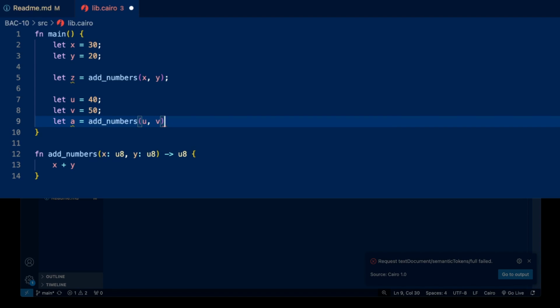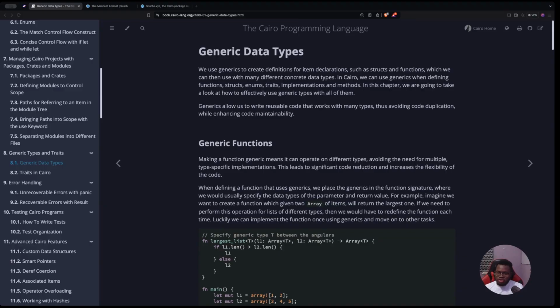So essentially, instead of repeating our logic, we just created a helper function. It takes two arguments, adds them, and returns the result. So if your goal is to do what we just did and avoid repeating your code,